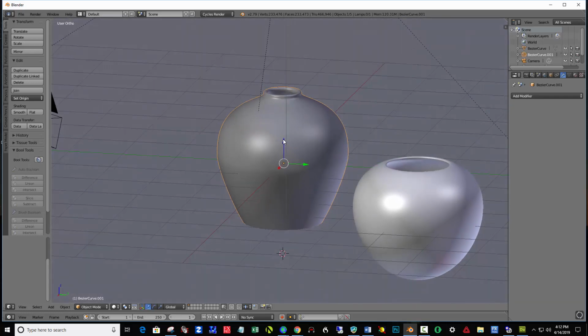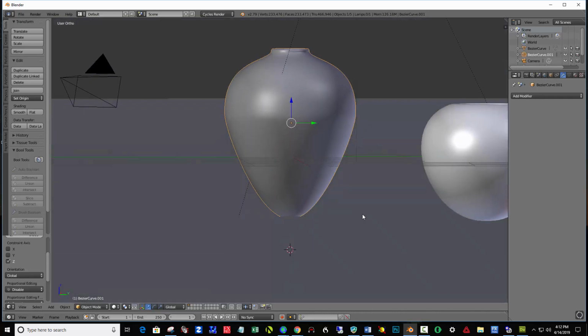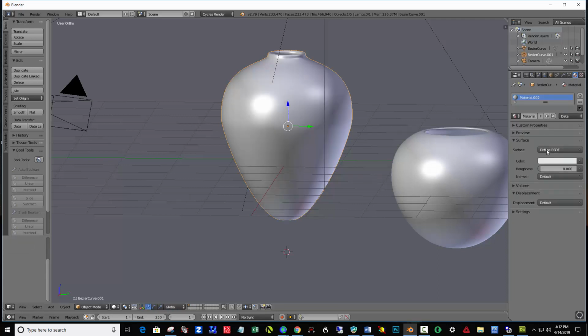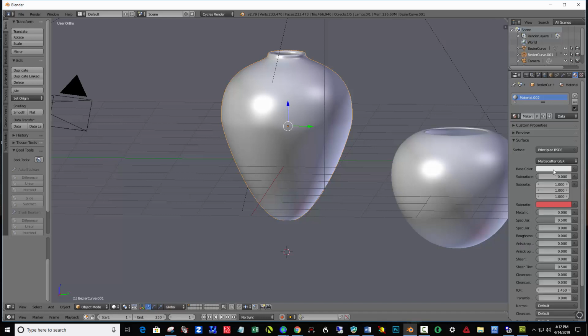And we can bring it up to get it on top of the plane here. Add a new material, so click that, click new, principled, add a different color, perhaps this yellow porcelain could be pretty,